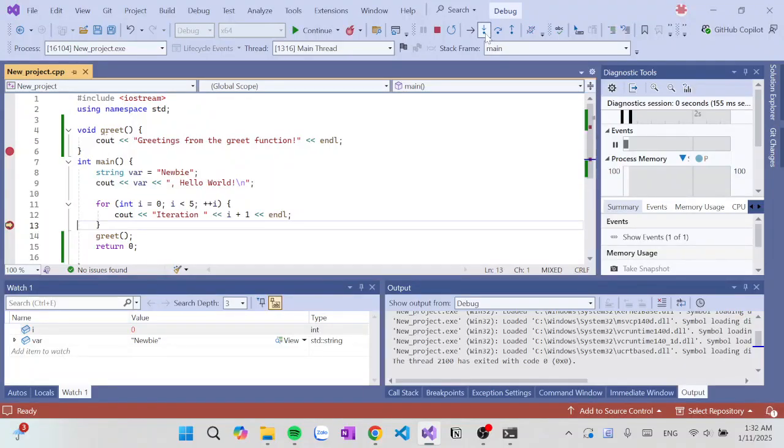Did you ever wonder what they are? They're called step into, step over, and step out.